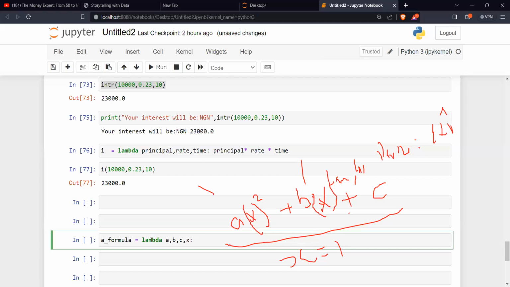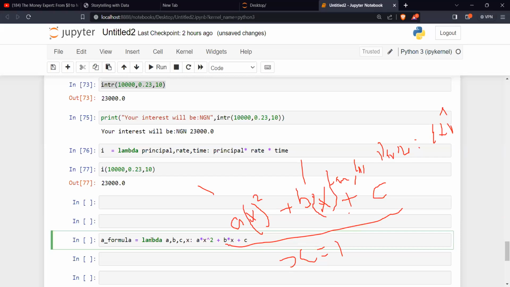So A multiplied by X to the power of 2. So how do we do that? Shift 6, I think. Yes, 6, like power of 2. Plus B multiplied by X plus C. Good.